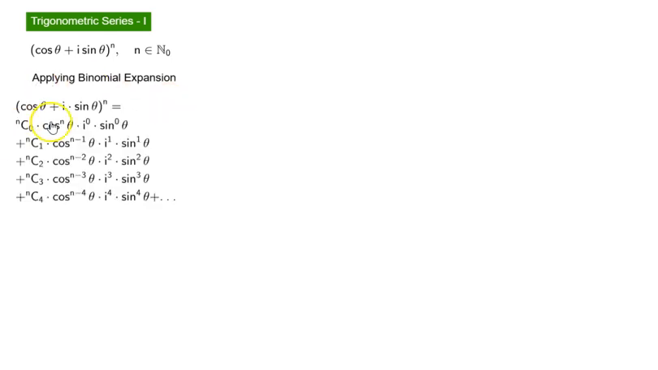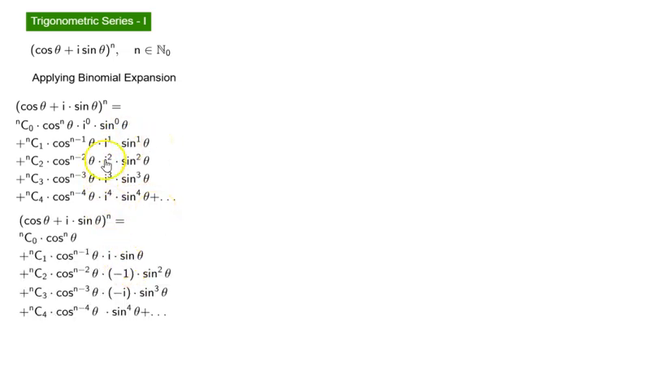Now applying the binomial expansion, we get (cos theta plus i sin theta) to the power of n is equal to nC0 times cos n theta times i to the power of 0 times sin to the power of 0 theta, plus nC1 times cos to the power of n minus 1 theta times i to the power of 1 times sin to the power of 1 theta, and so on. Simplifying it by handling the imaginary numbers, we get i to the power of 0 is 1, sin to the power of 0 theta is 1,